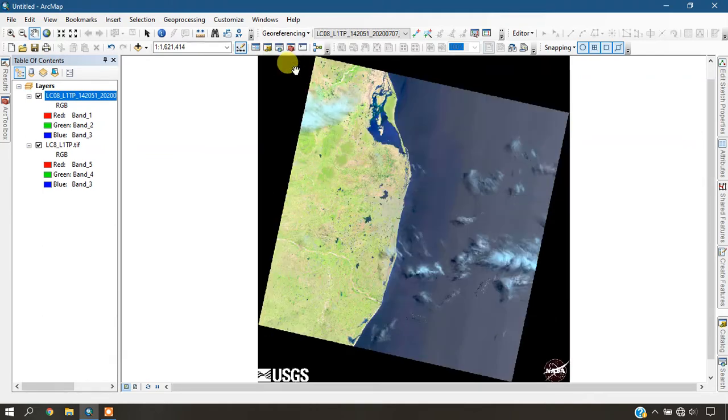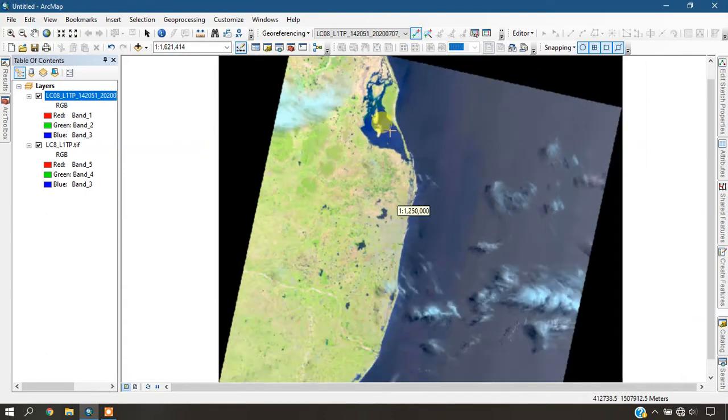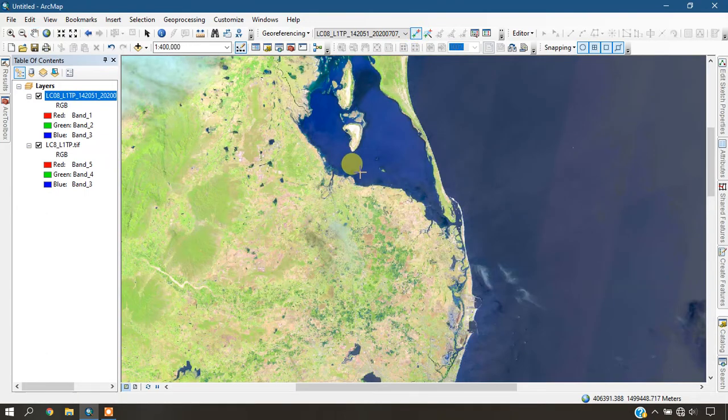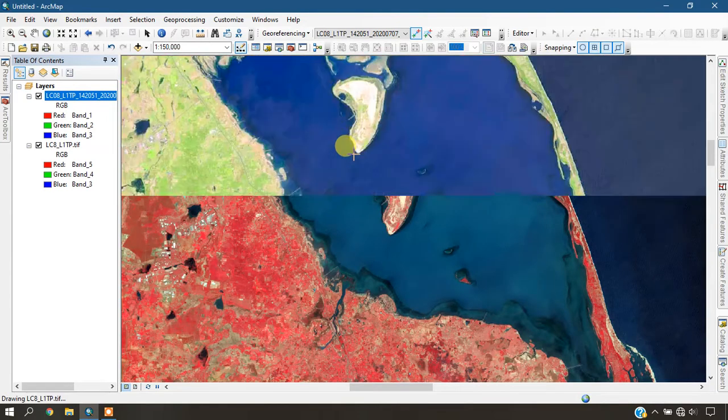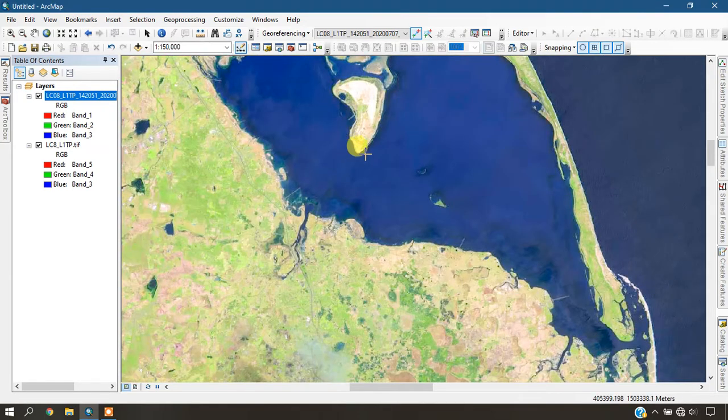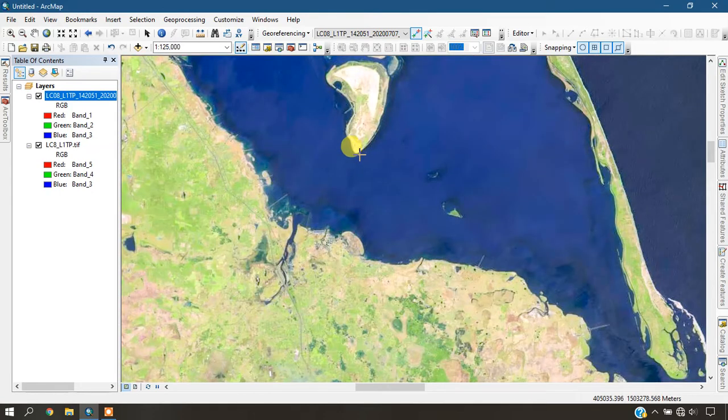The function behind this action is that the image will be overlaid on the image which is having the spatial reference. So on the top you can see this image is not having the spatial reference. Okay. And now we are going to go for the next step, that is we are going to add the control points. These are the reference points. Based on these reference points, we are going to georeference this satellite imagery. The reference point can be natural or man-made.